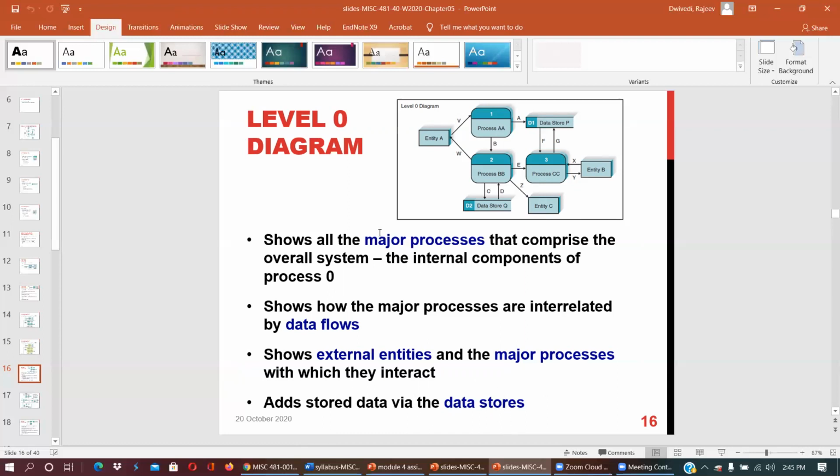So what is included in 0 level? Again, major processes, how the data flows, how the data is stored, and external entities and major processes. This is the 0 level diagram.